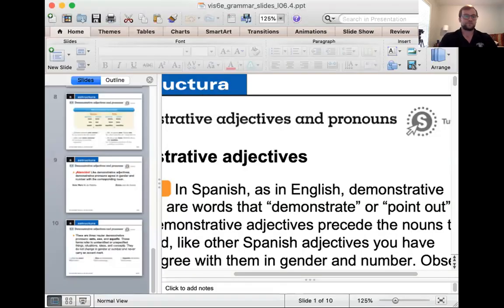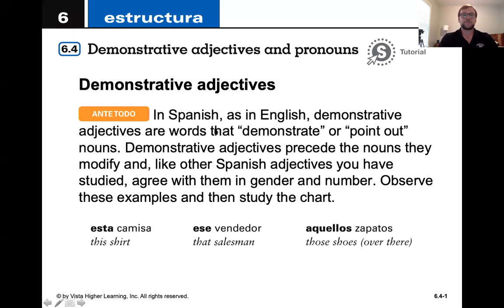All right, so demonstrative adjectives are used to demonstrate or point out certain nouns. And so we're using these essentially as adjectives, and this is going to change our use of these because they're going to account for gender and number, right? So they're used to demonstrate or point out nouns, okay? And demonstrative adjectives